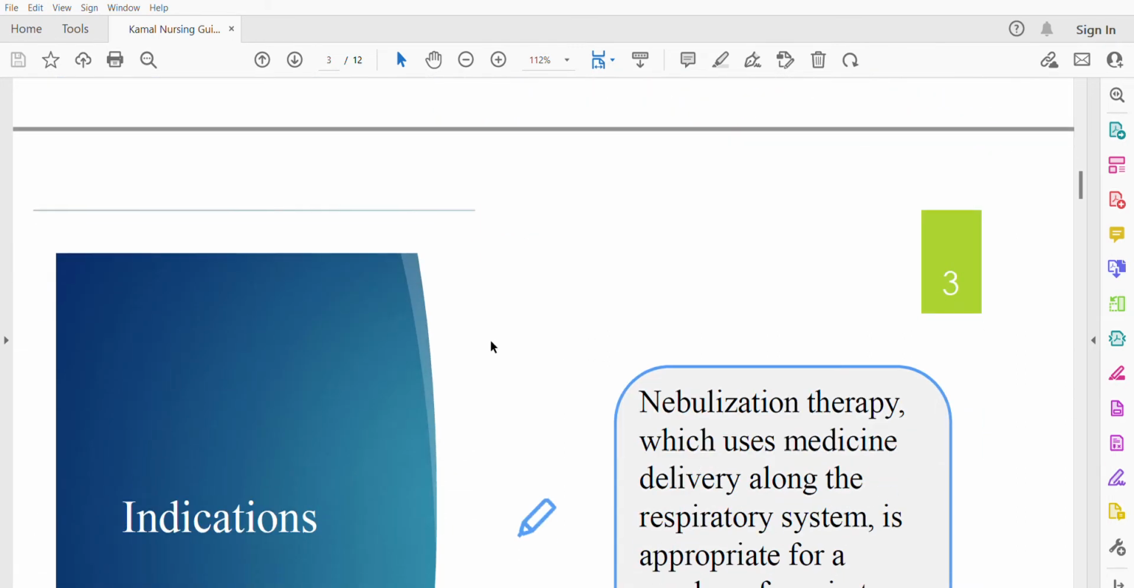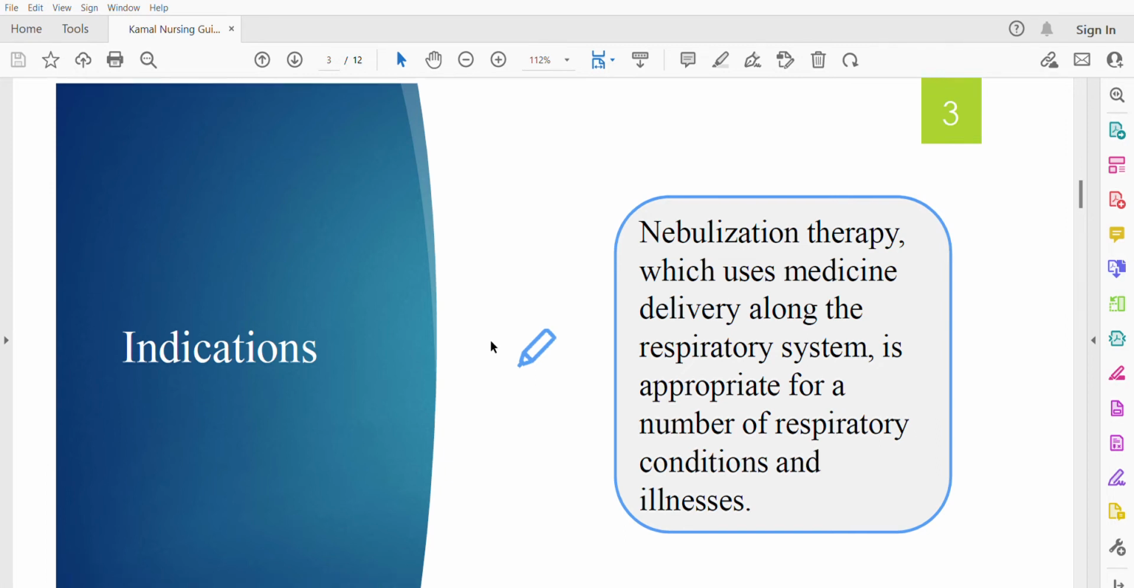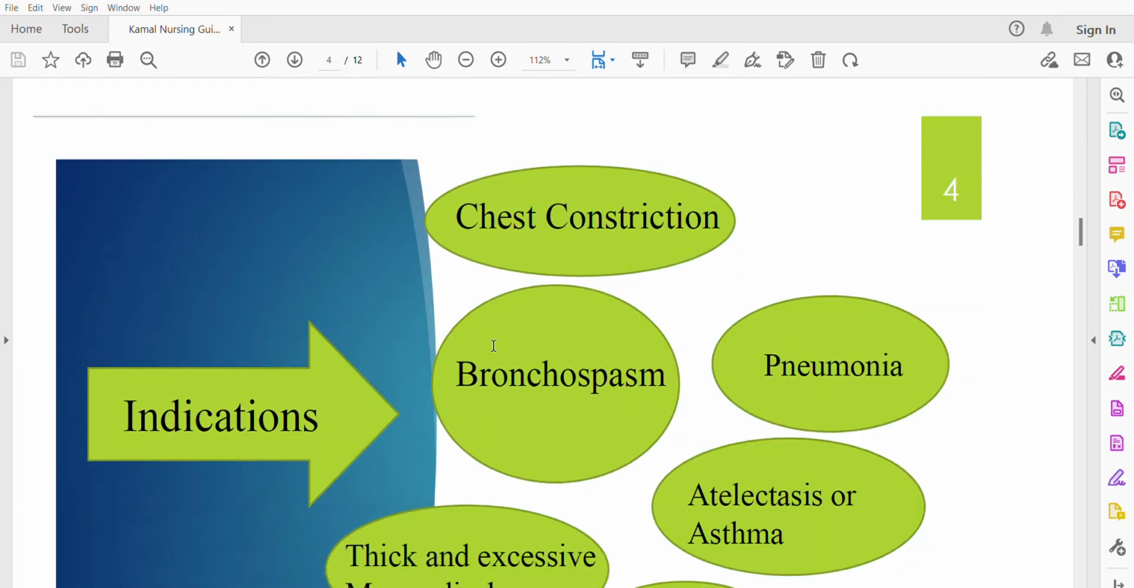And next is indications. Nebulization therapy, which uses medicine delivery along the respiratory system, is appropriate for a number of respiratory conditions and illnesses. There are various conditions related to the respiratory system, and nebulization is one therapy that we can use to minimize their condition from getting worse. And here are some indications,